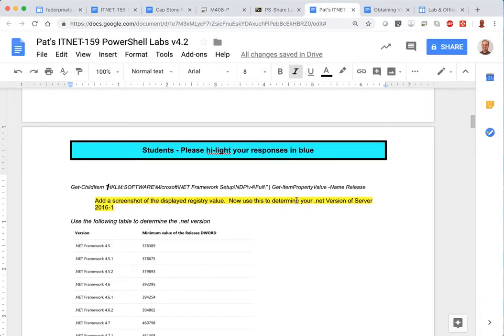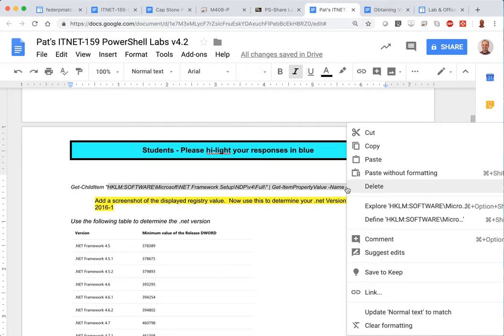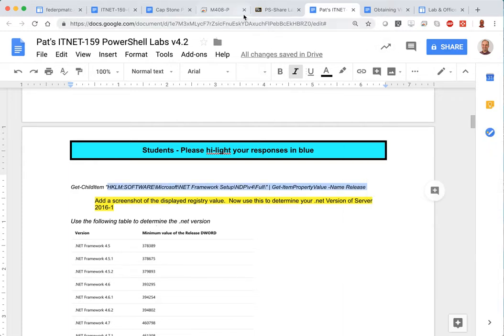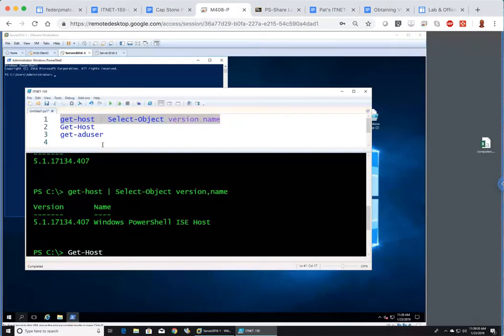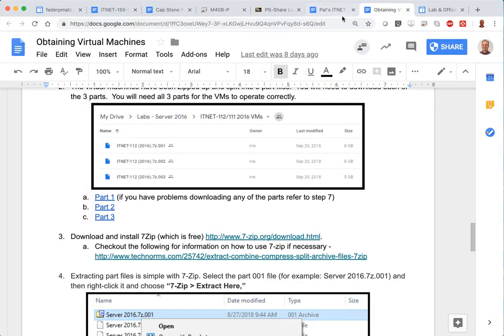We're not in a rush, right? Let me just try this right click stuff. Copy. It'd be nice if it worked this way. Alright. Well, that kind of stinks. But anyways,